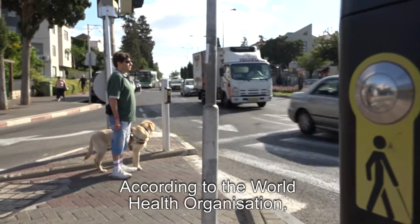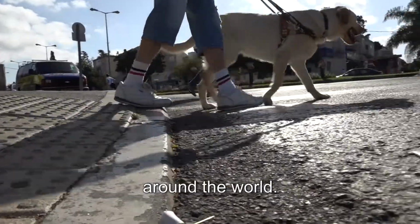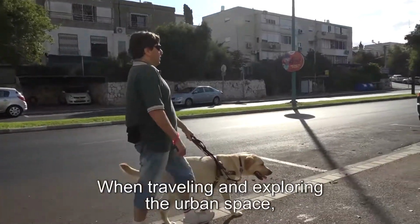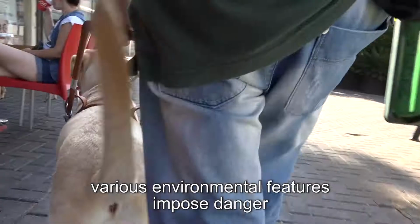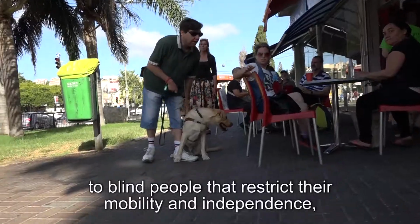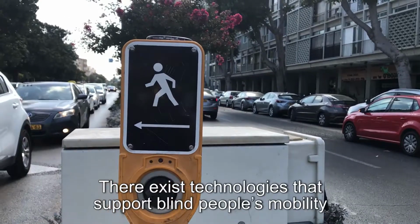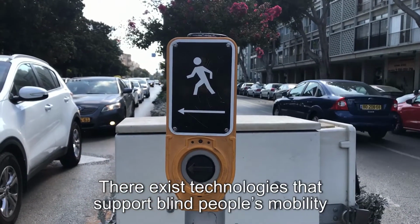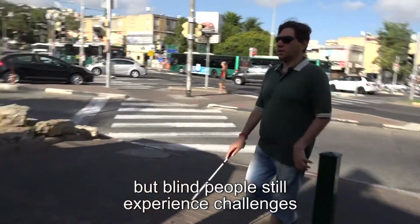According to the World Health Organization, there are more than 40 million blind people around the world. When traveling and exploring the urban space, various environmental features impose danger to blind people that restrict their mobility and independence, impairing their quality of life. There exist technologies that support blind people's mobility to some degree, but blind people still experience challenges from a lack